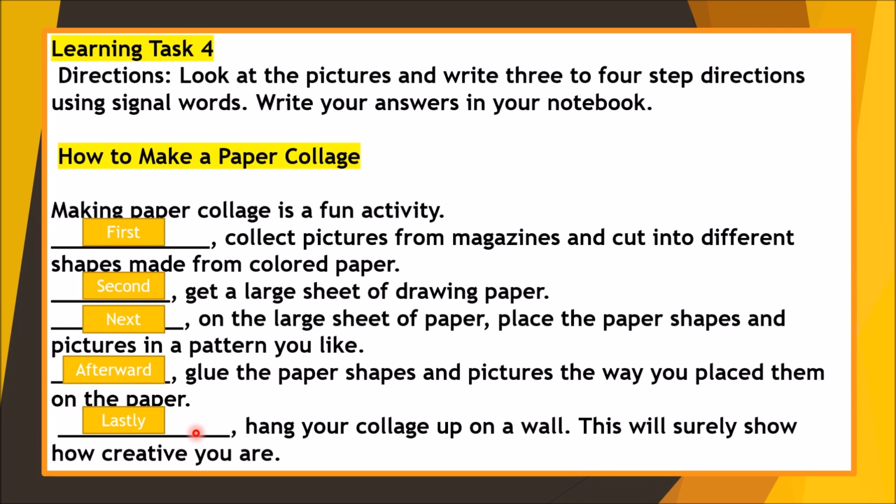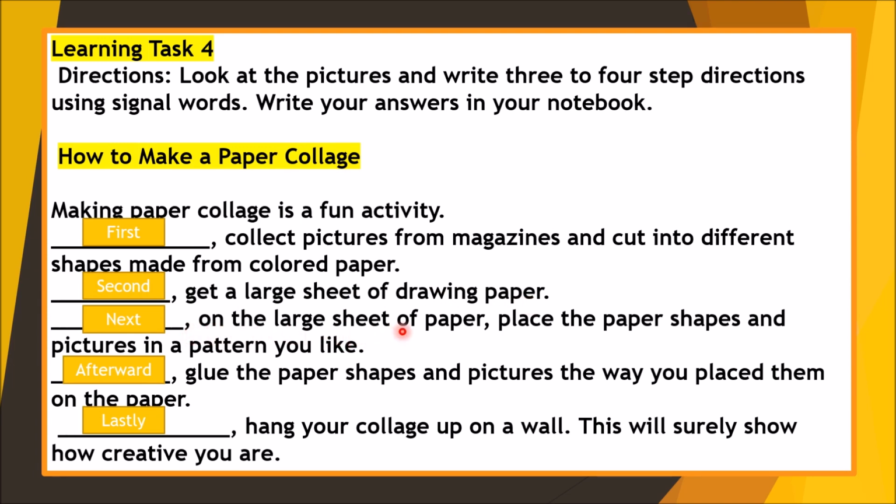So how to make a paper collage? Using the 3-step direction, the 4-step directions, or using signal words like first, collect pictures from magazines and cut into different shapes made from colored paper. Second, get a large sheet of drawing paper. Next,